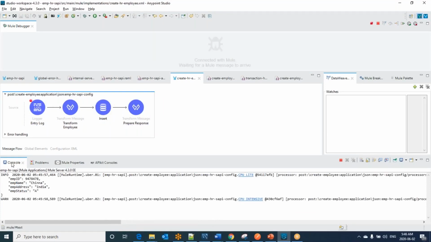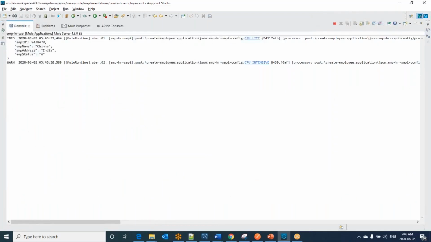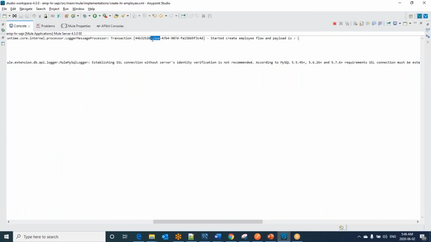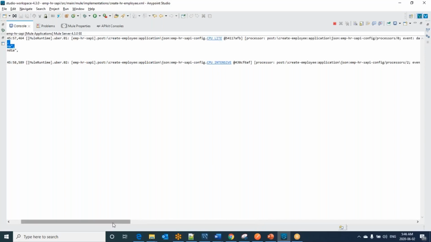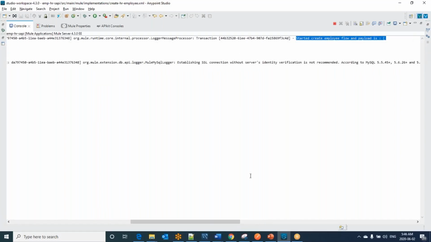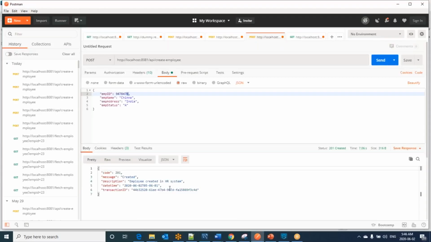Now you can see the advantage with the transaction trait over the HTTP request: I am able to print the transaction ID here and the relevant message. So in the future, in production, if you would like to debug the logs, you can take the transaction ID here.